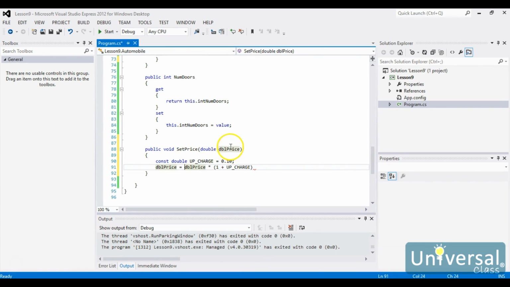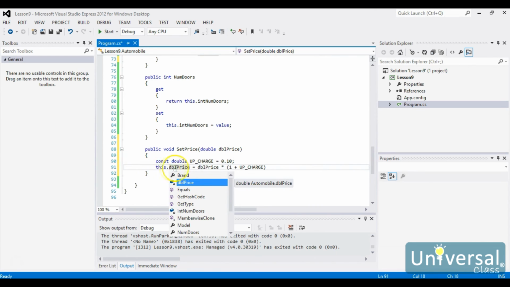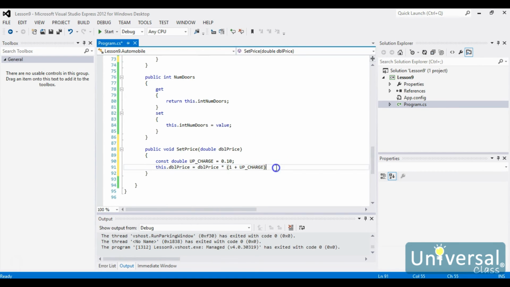And I don't want the one here, I want the one up above. So what I have to do is specify this .dbl price. Remember, this is the reference for the attributes for our card. DBL price here is the one coming in from whatever calls it. Alright, and then what we're going to do is when we call this section of code,